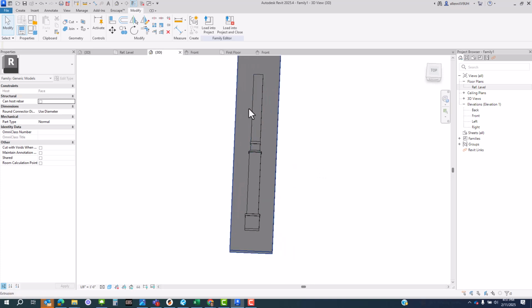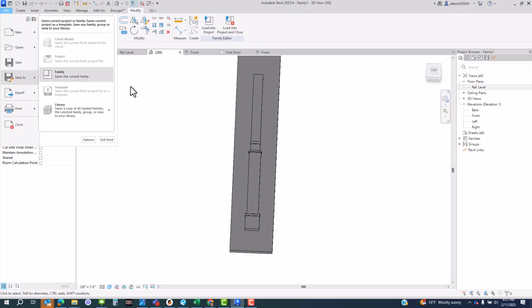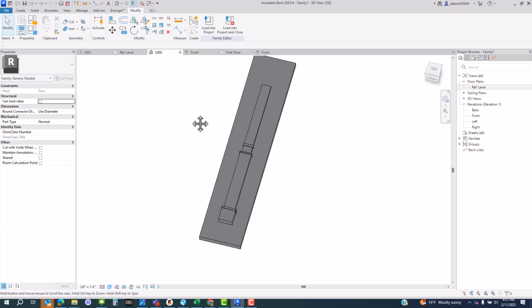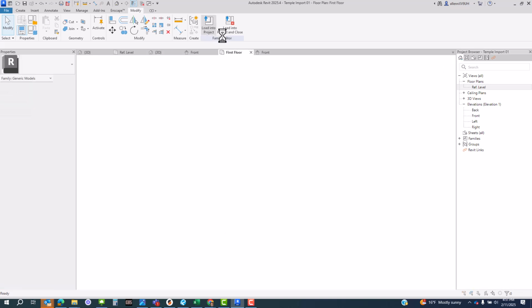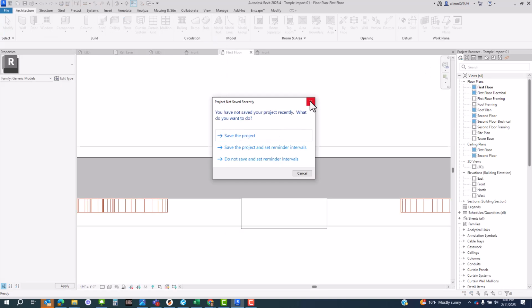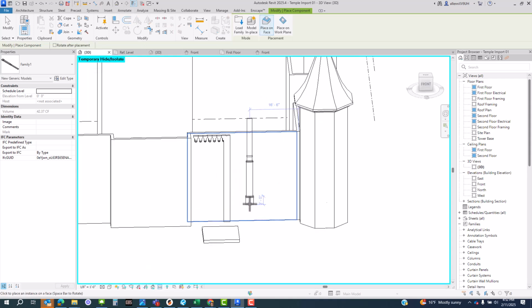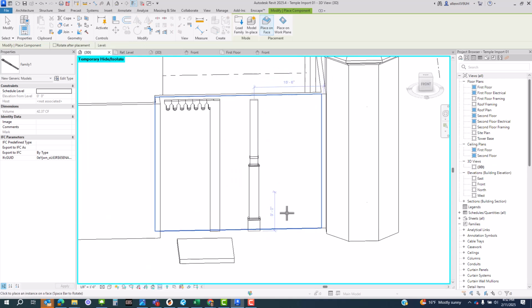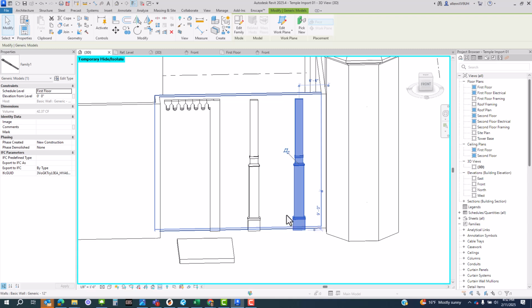I'm just going to load this into my project. Don't forget, you always need to name a family before you load it. File, save as, give it a name and location. To save time, I'm not going to bother. I'm just going to simply load this as family 1 into my project. Okay, it's a face-based family, so I should be able to just simply place it, and I can place as many as I need. I can even do the same array stuff that I did in the extrusions, so that I could just,